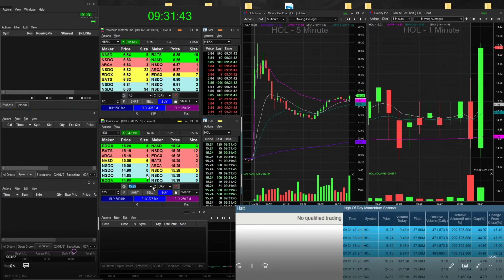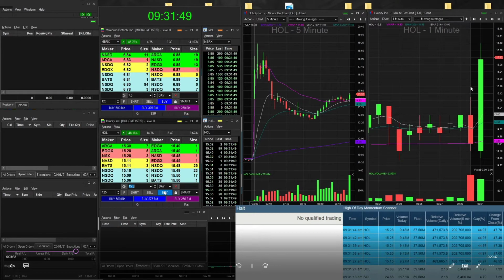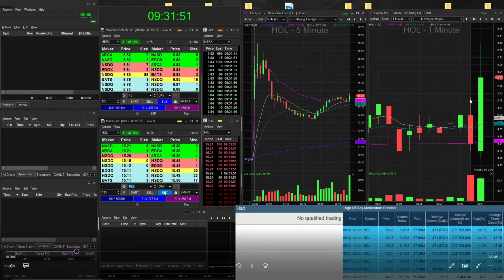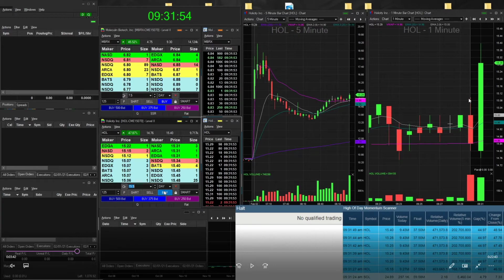We're watching this, and it just did a 1 minute opening range breakout. So there was an entry possible at 15.10, but I wasn't watching it then. What ends up happening is the stock tops out at 15.40, and it comes back down from its highs on this candle. And I actually get in on this candle, which was a mistake. I should have gone in on the following candle because